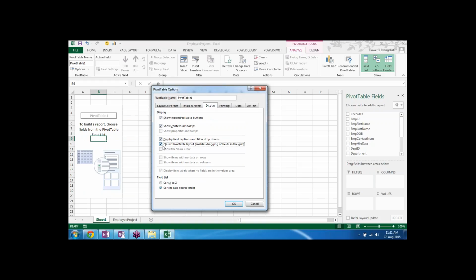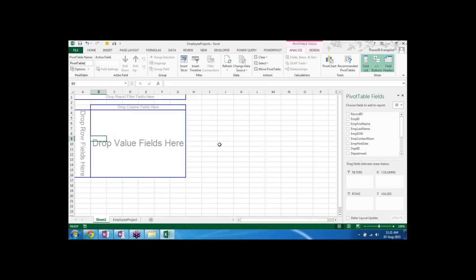So whatever you are using right now is the advanced pivot layout. For learning purpose, for understanding the data, classic pivot is the best method. So what we can do, we can select this classic pivot and say OK. The moment we say OK, automatically you can see that your pivot table has been changed,